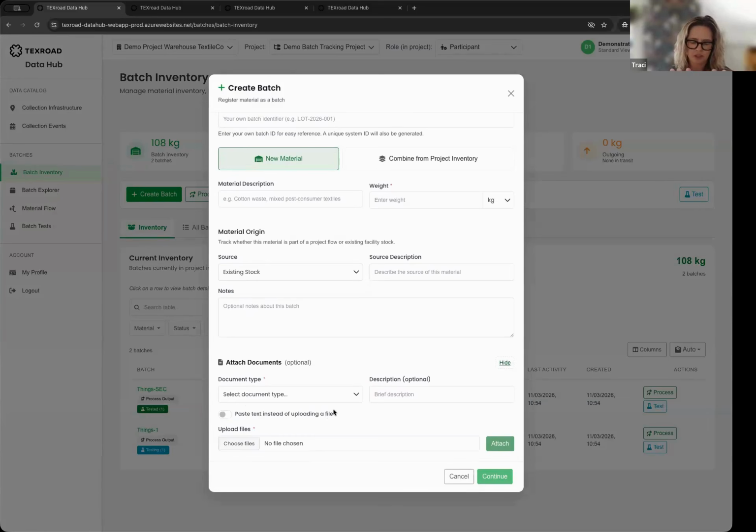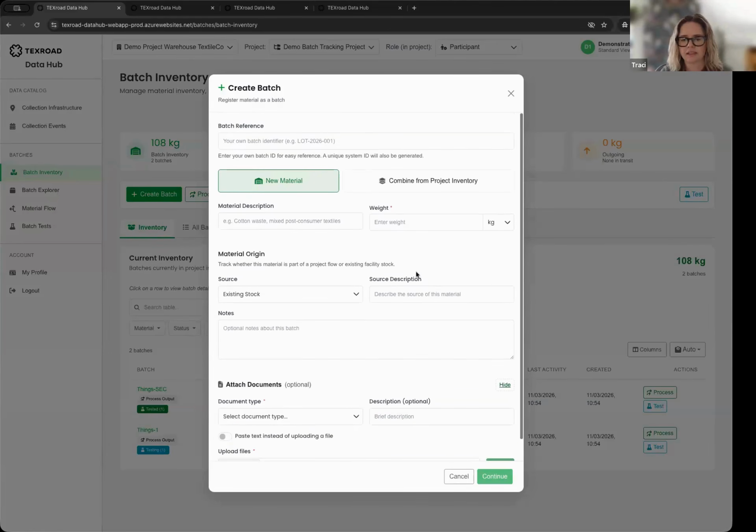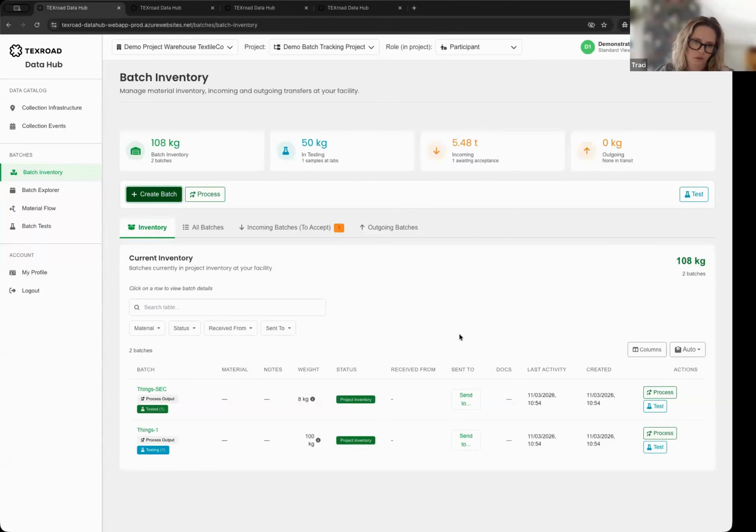So we've struck this balance between being very flexible about the type of information you can add and how you can add it, without adding too much complexity and too many requirements like you have to do this and you have to add information here and there. So striking a balance between the minimum data requirements and then being robust enough to handle a lot of detail.